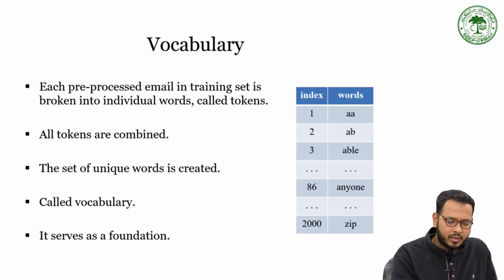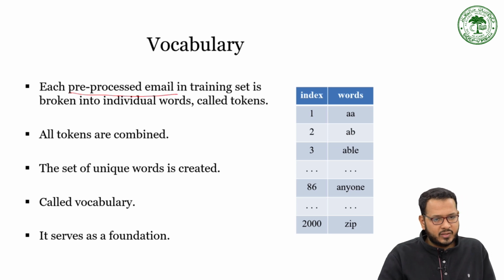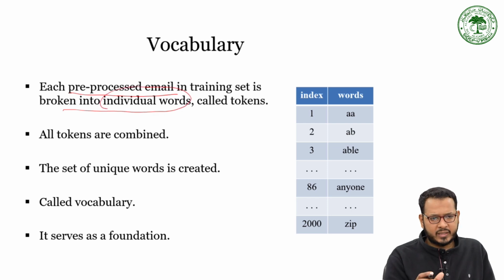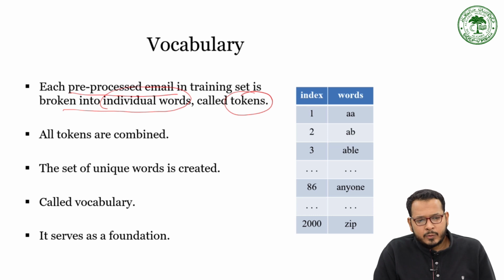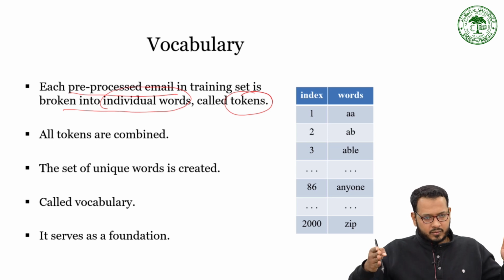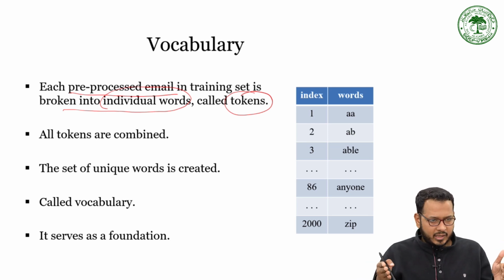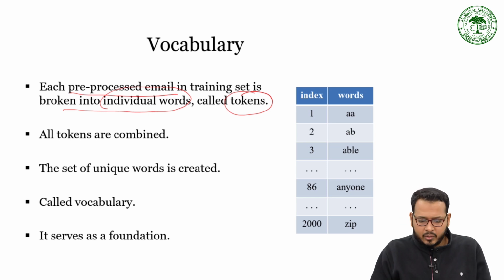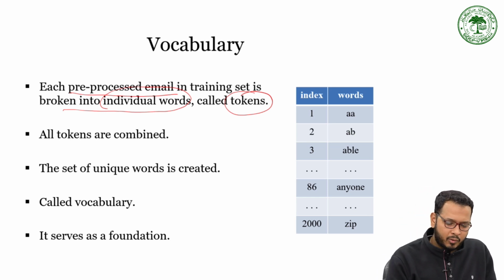We take all the pre-processed emails in the training set and divide them into individual words or even characters. We call them tokens. Tokens may not always be meaningful words, but usually they are the words in the text. So after doing the pre-processing, whatever words are left, we are calling them tokens. Now all the tokens of the whole training set